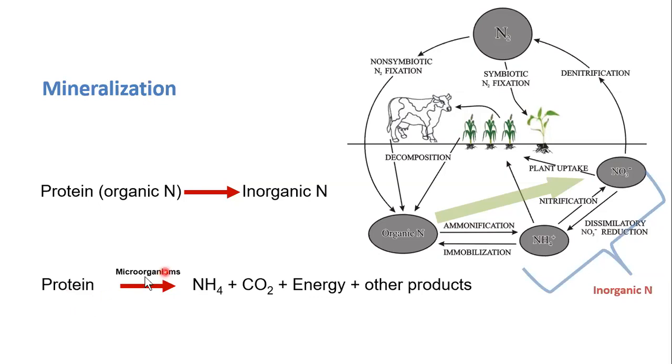What happens actually is, we know the proteins are the major source of nitrogen in organic matter. The microorganisms act on that and convert protein into ammonium. So that is organic, and this one is inorganic, and this is called mineralization. This is organic N, and in inorganic we have both forms, ammonium as well as nitrate. So both are inorganic forms of nitrogen in the soil.